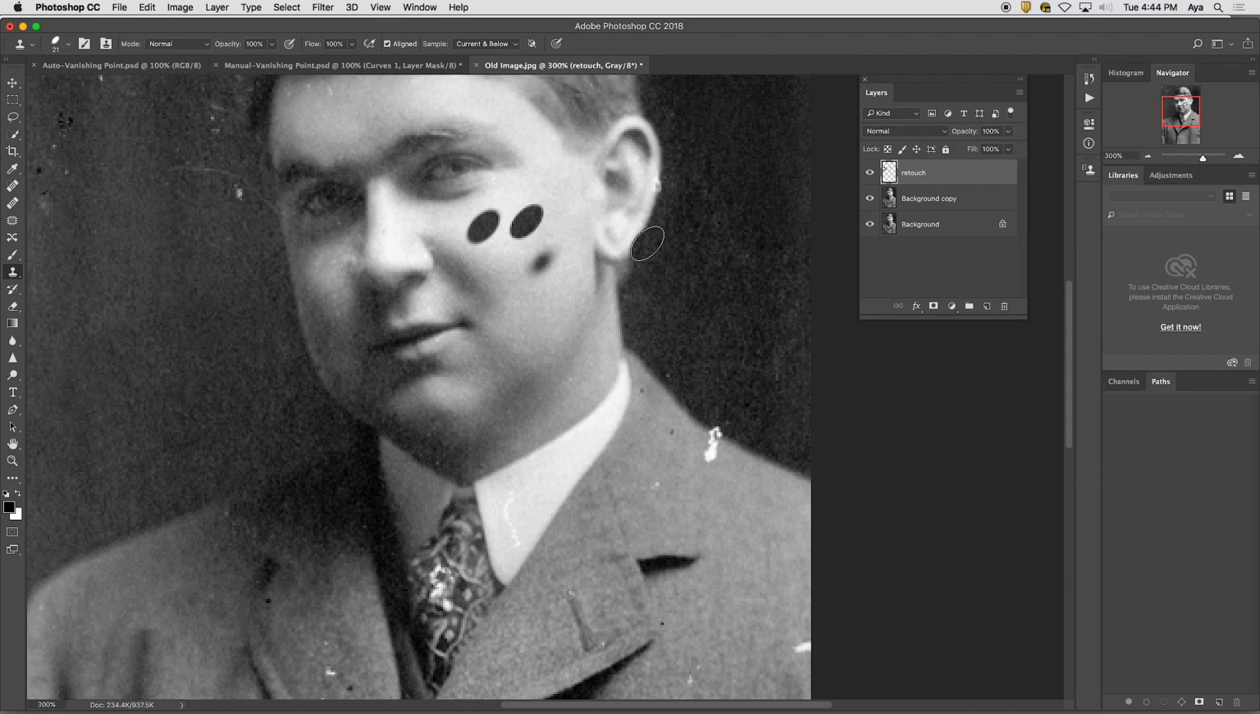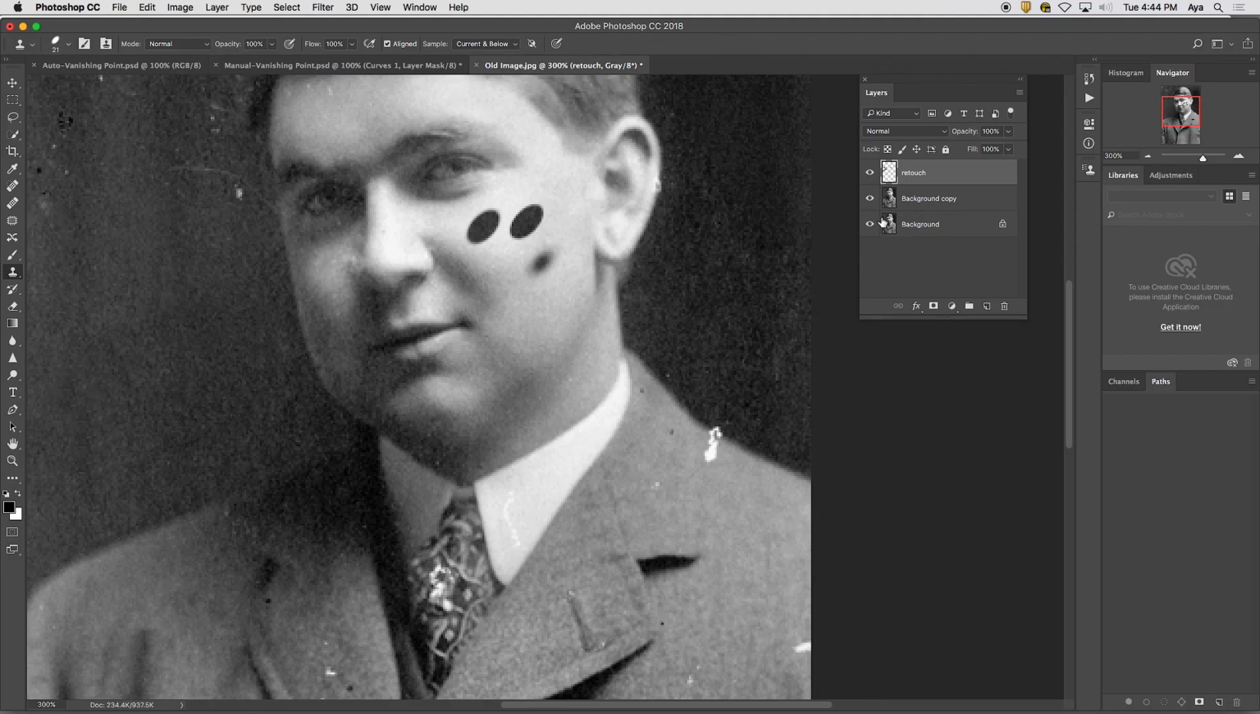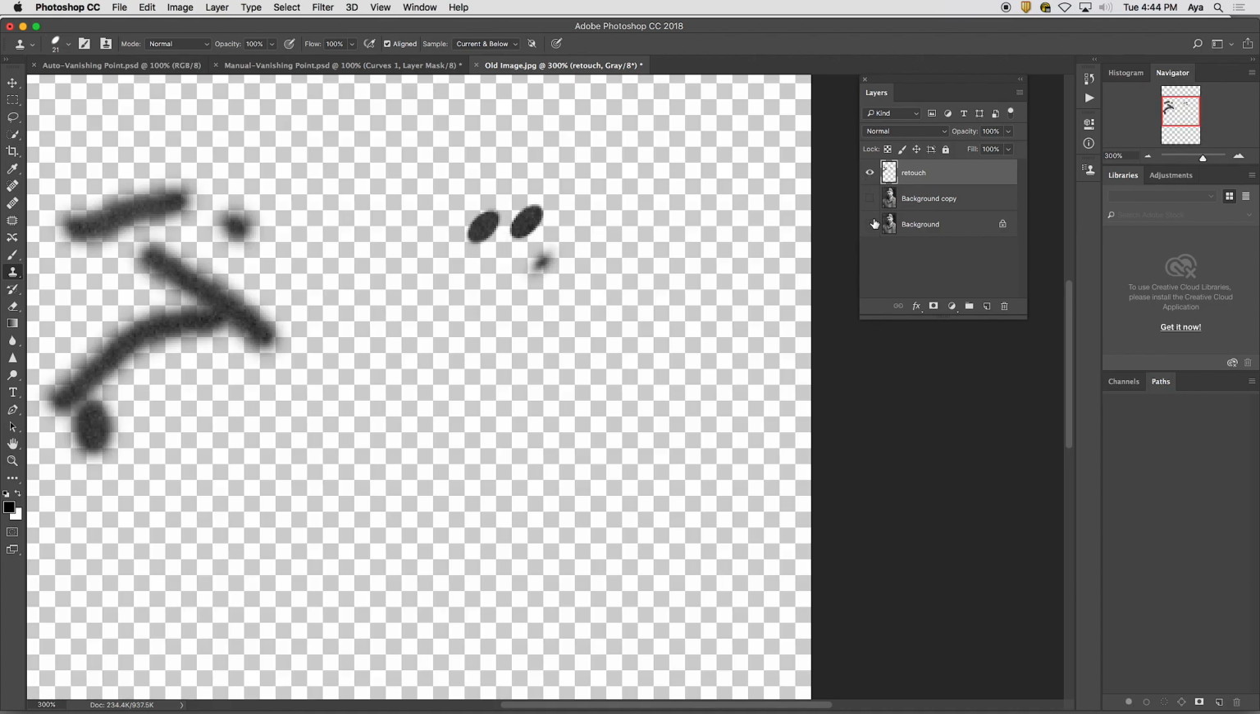Well, I don't really see that much difference at this point, but I should. And the good thing about having this retouch layer dependent from the background layer, is that here it is. The retouch layer,